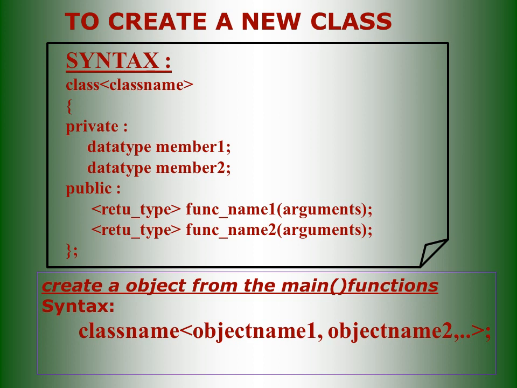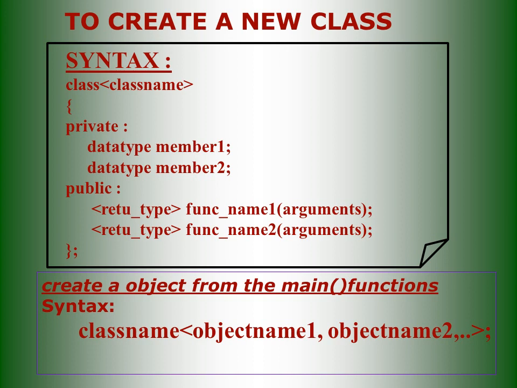See the window. For creating the class, we have a syntax: class is a keyword, and after that the class name, which we have to mention following the identifier rules. After that we open the curly braces and use the access specifiers here. The access specifiers allow a class to access the members of another class. The default class access specifier is private. If we want to share with other classes, we can use public.